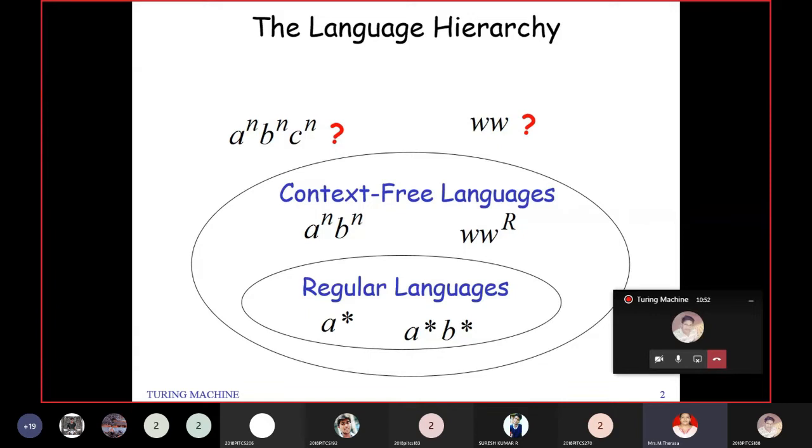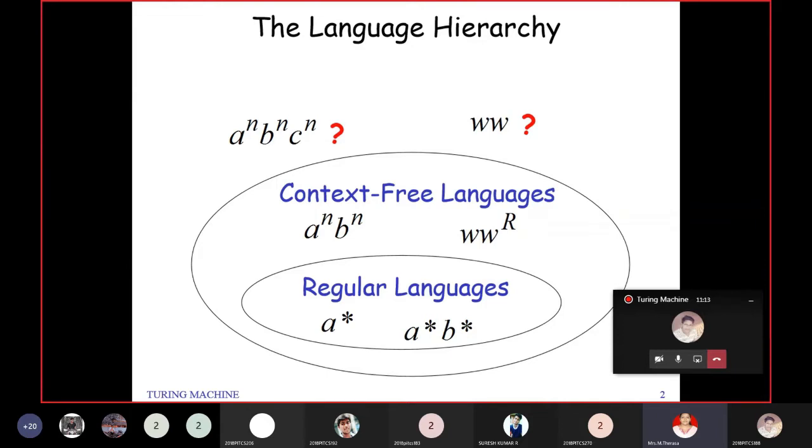And we have a new class called languages accepted by Turing machine. Examples for recursively enumerable languages which are accepted by Turing machines are a^n b^n c^n and